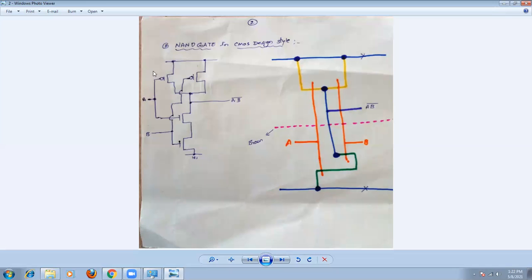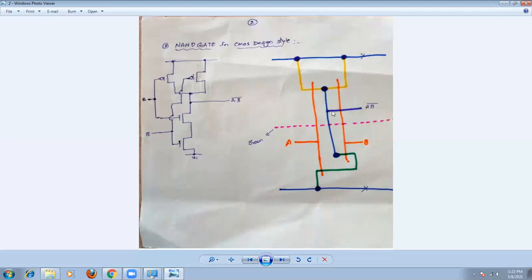Similarly, for the parallel connection, the diffusion will follow the same method. This is the yellow color, and N diffusion will be like this. Or you can draw a single vertical line, no problem. You can connect the polysilicon depending on the structure. You can try any method, but you must follow the rule. That's the main thing. So draw the demarcation line. No P diffusion will cross the demarcation line, and no N diffusion will cross the demarcation line.